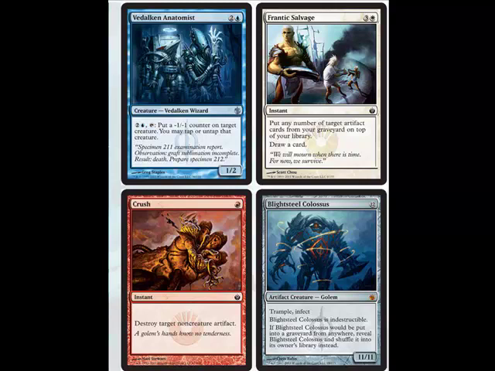Blightsteel Colossus. Trample, Infect, indestructible, and if it would be put into a graveyard from anywhere, reveal it and shuffle it into its owner's library. He's not legendary. Wanting to point out. Right. He's not legendary. Emrakul, legendary. He's better than Blightsteel, I believe. But the thing is, he's